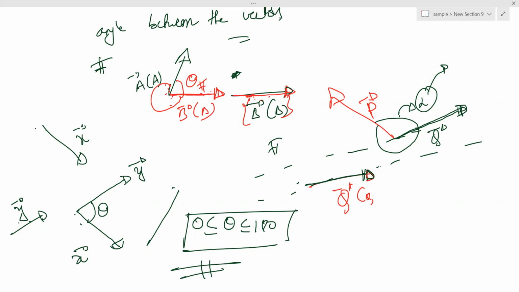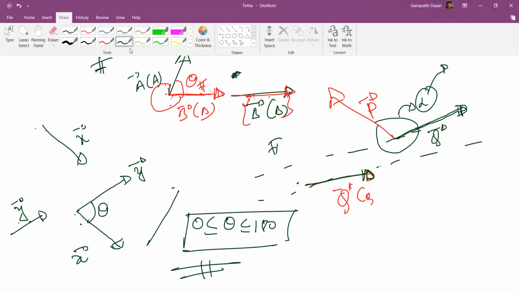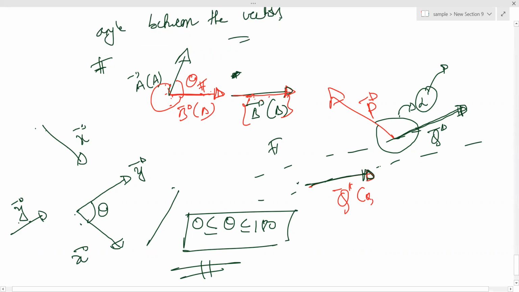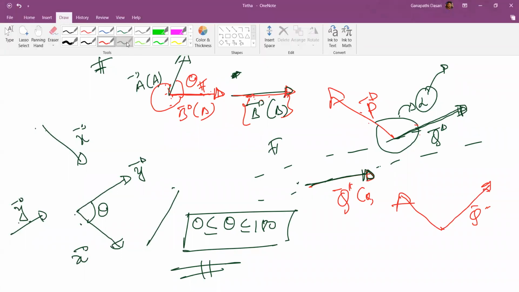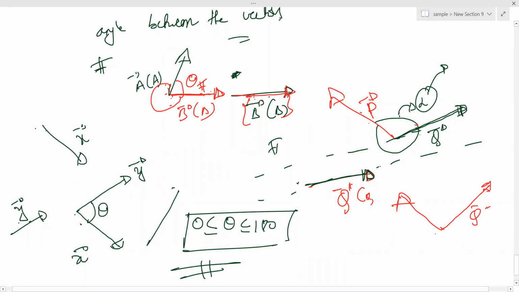So you got it now? You understand? Another interesting observation I want to tell you. Slowly, when you become practiced and when you understand things, you will be able to relate. So there are two vectors here, P and Q, like this. I can shift parallelly without changing magnitude and direction, right? You remember? So can I shift Q like this?